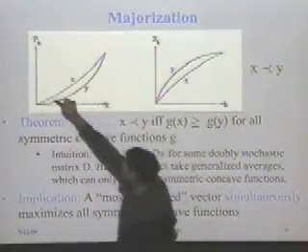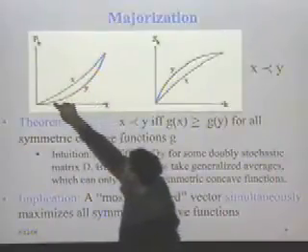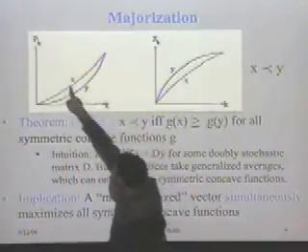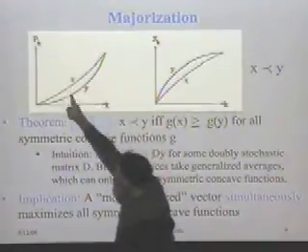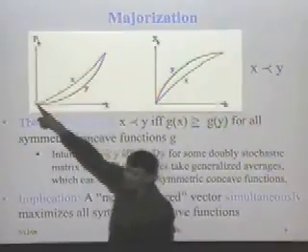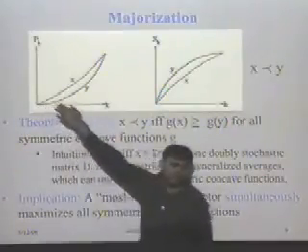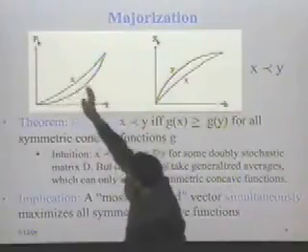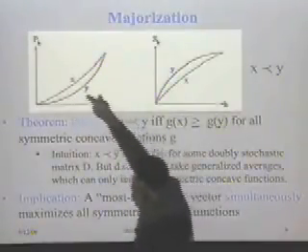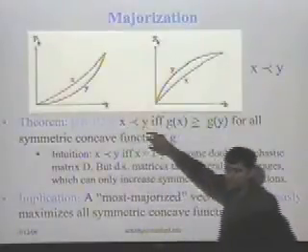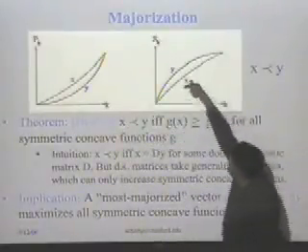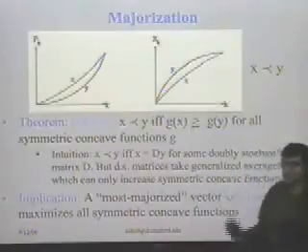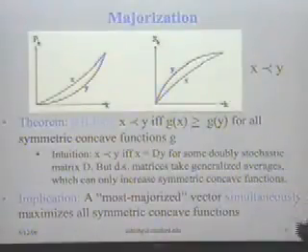That means if you plot all the prefixes of x against k, for any value of k, this is the k prefix of x, and this is the k prefix of y. They both start at zero because the 0th prefix is 0 for everyone, and the nth prefixes are the same. So saying that x is majorized by y means that x is always above y when you plot the prefixes, and x is always below y when you plot the suffixes. And in the end they match up.